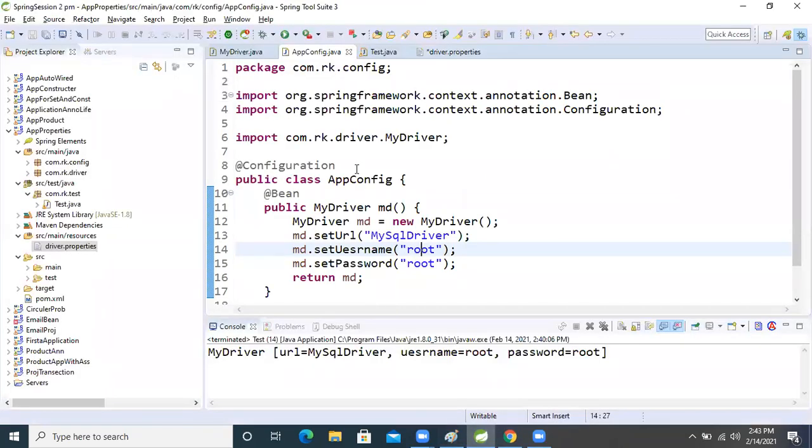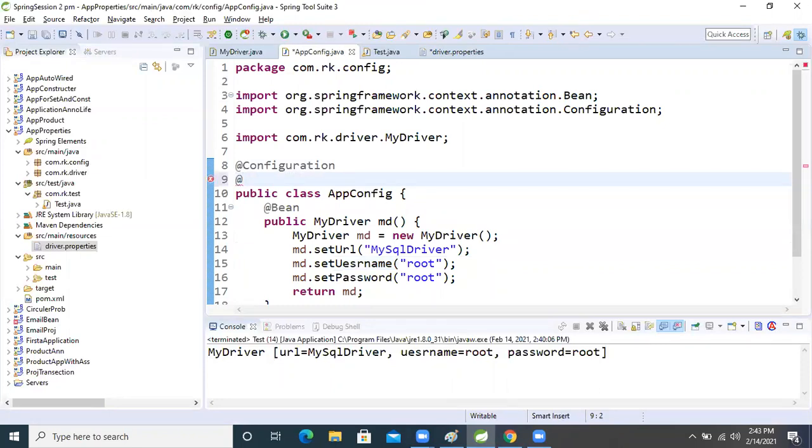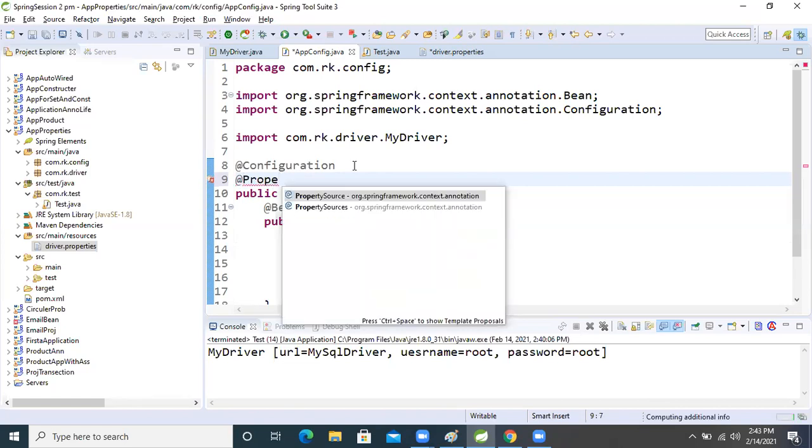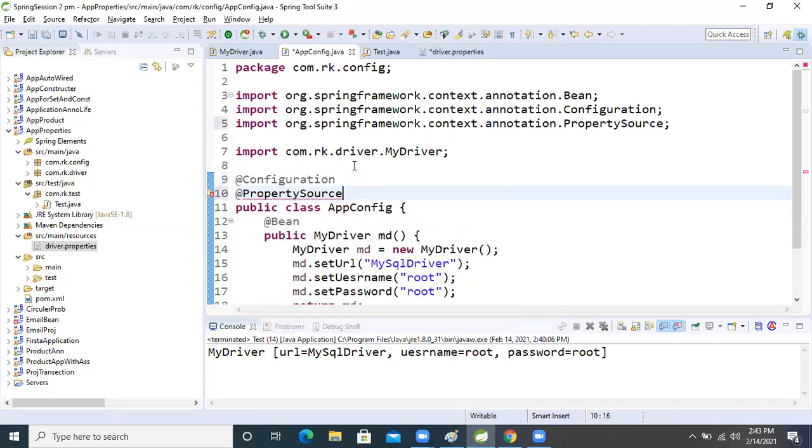So shall we write it? Okay, let's write it. Where will we write it? At the class level, right? So now @PropertySource, right? And inside that, actually my system is hanging now, okay?